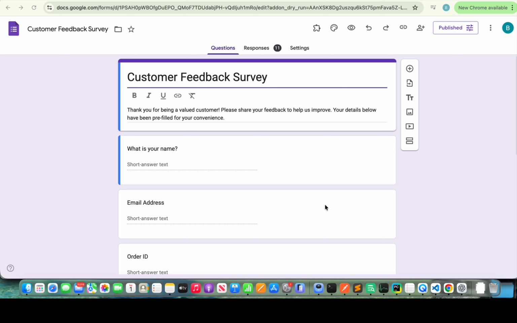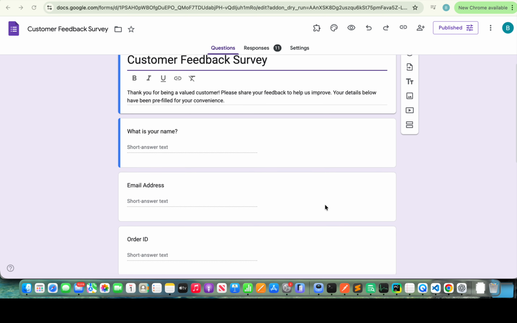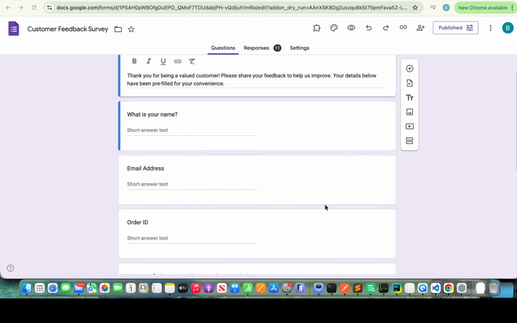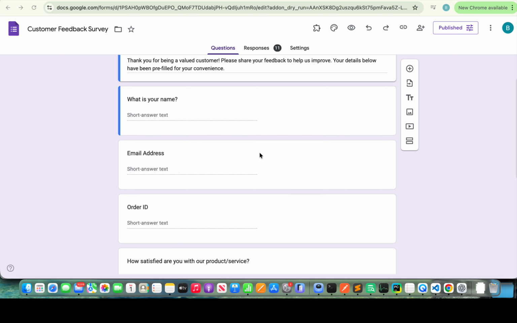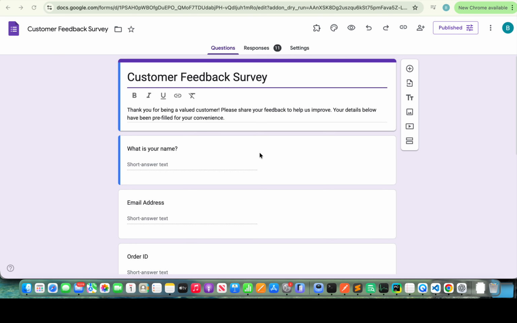Before diving deep into the add-on functionality, I would like to explain what the add-on is all about. So, Form Prefiller add-on allows you to pre-fill some of the questions in your form before sending it out to your customers. For example, you are a business and you want to collect feedback on your product, services,